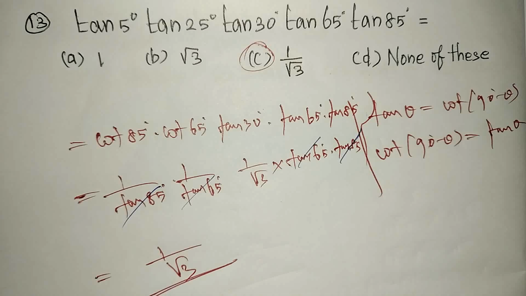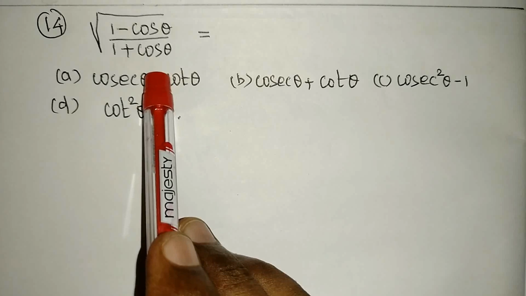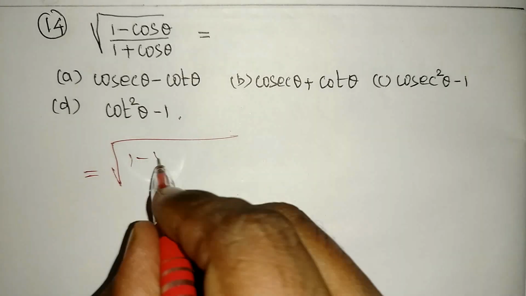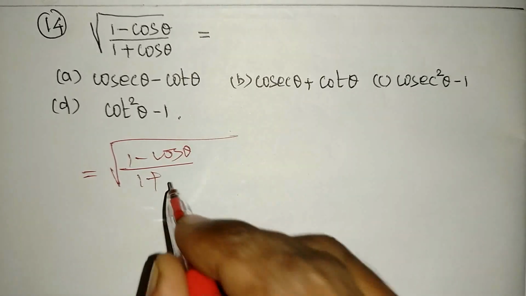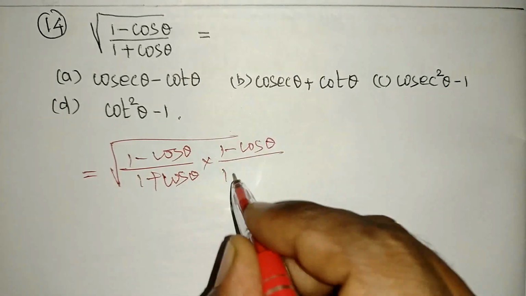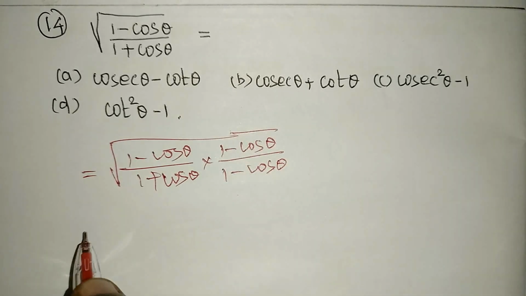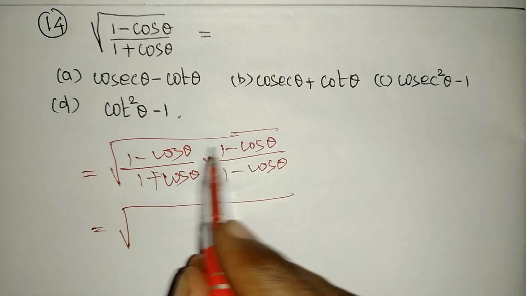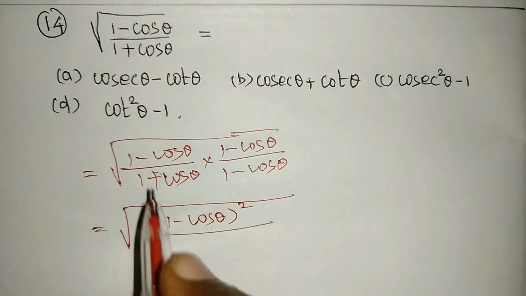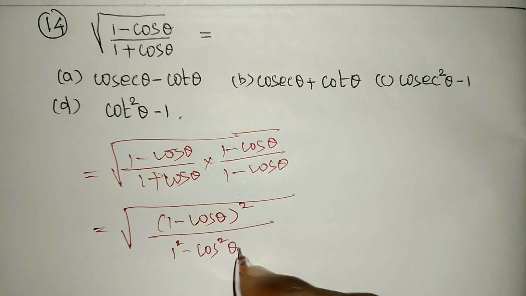Okay. Now we'll go for the 14th one. Square root of 1 minus cos theta, whole divided by 1 plus cos theta. So this is the question we have. Now we'll take the conjugate for this, better. So conjugate in the sense, what we have in the denominator, the opposite sign we have to take, and multiply numerator and denominator. So we have plus in the denominator, so I'm taking minus like that. Now see, both are the same in the numerator, so you will get 1 minus cos theta the whole square, whole divided by, this is like a plus b, a minus b, so this is 1 square minus cos square, like the a square minus b square formula.